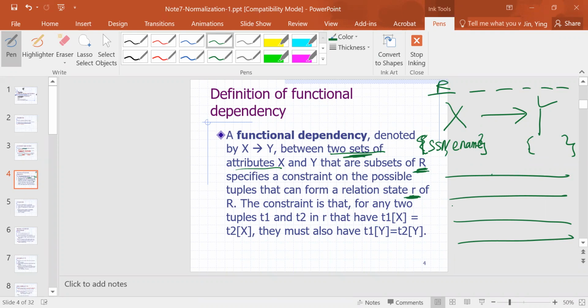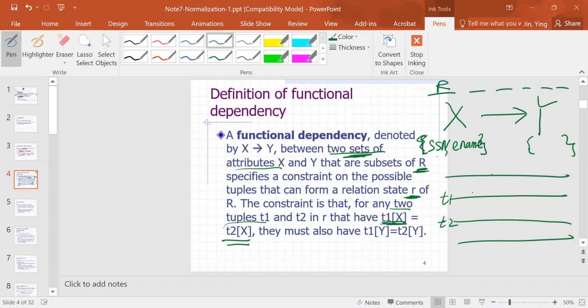For any two tuples, T1 and T2, doesn't matter which, we have the following condition: if T1[X] equals T2[X], and remember this notation from the relational model chapter, that means the values corresponding to the X part,